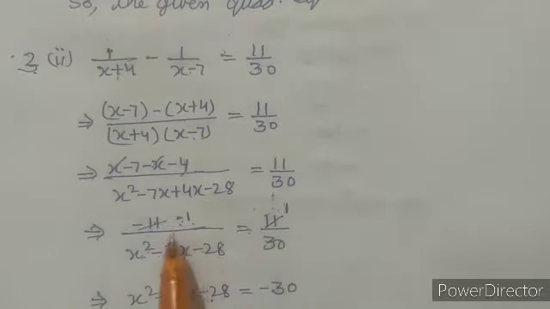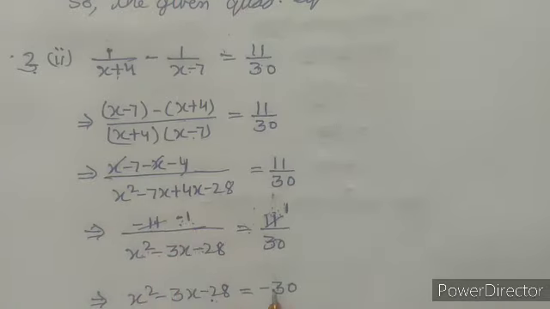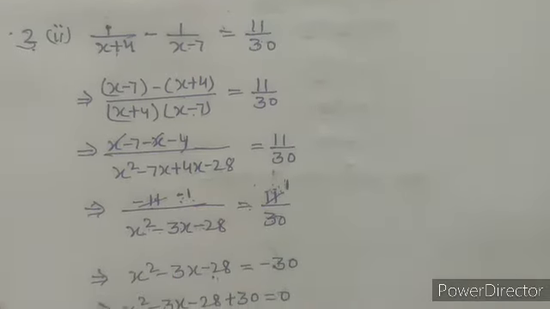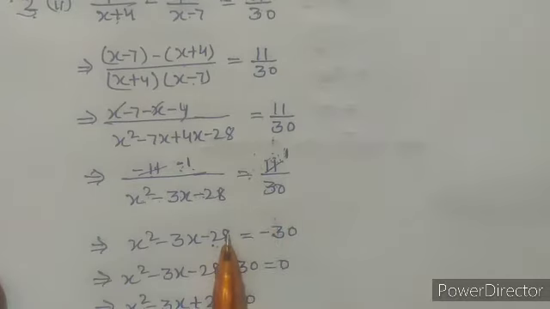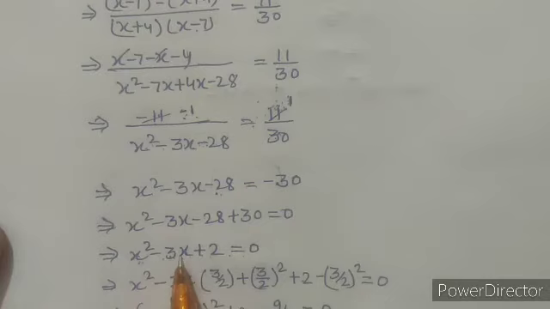11 by 30. Now we can divide both the sides by 11, and 11 into minus 1 will give us minus 11, and 11 into 1 will give us 11. On cross multiplying, x square minus 3x minus 28 into 1 will be equal to x square minus 3x minus 28, and that is equal to 30 into minus 1, which will give us minus 30. Now on taking 30 to the left hand side, we are getting x square minus 3x plus 2